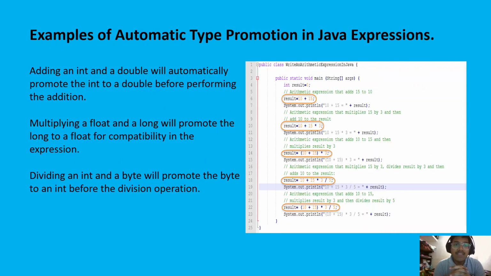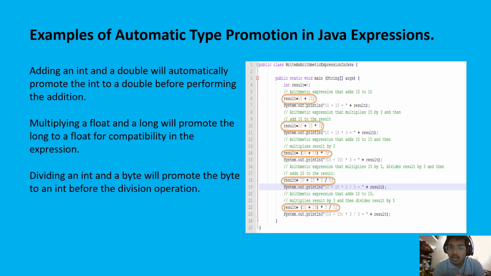Now, some examples for automatic type promotions in Java, I told you guys we'll see some examples. So here we can see how an int and a double are being added. See, we have the integer result 10. When we are adding just 2 integers, we'll get it easily. Okay. Now here what we are doing is